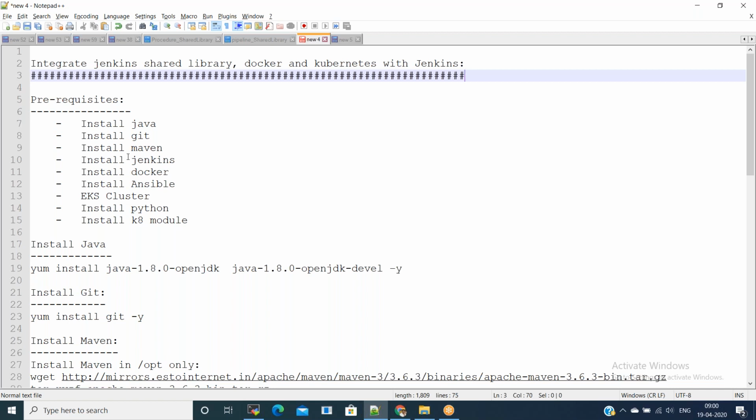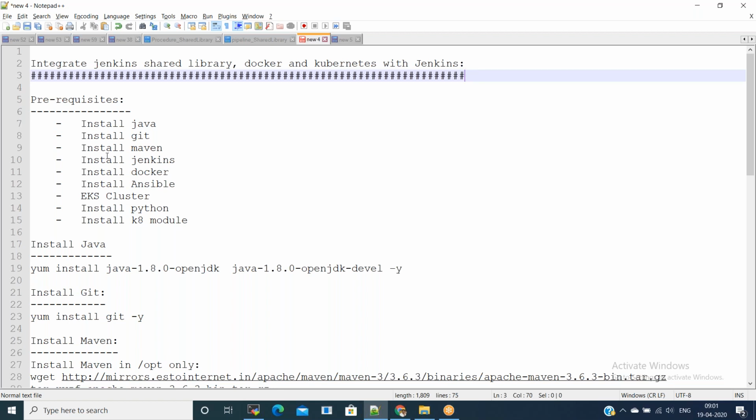For example, if you have 10 Java microservices pipelines, the Maven build step will be duplicated in all the pipelines. And whenever you add a new service, you will copy and paste the pipeline code again. Also, let's say you want to change some parameter in the Maven build step, you will have to do it in all the pipelines manually. For the same scenario, we can write a shared library for Maven build, and in all the pipelines, we just have to refer to the Maven build library code. In the future, for any Maven changes, all you have to update is the shared library code. It will be applied for all the pipelines.